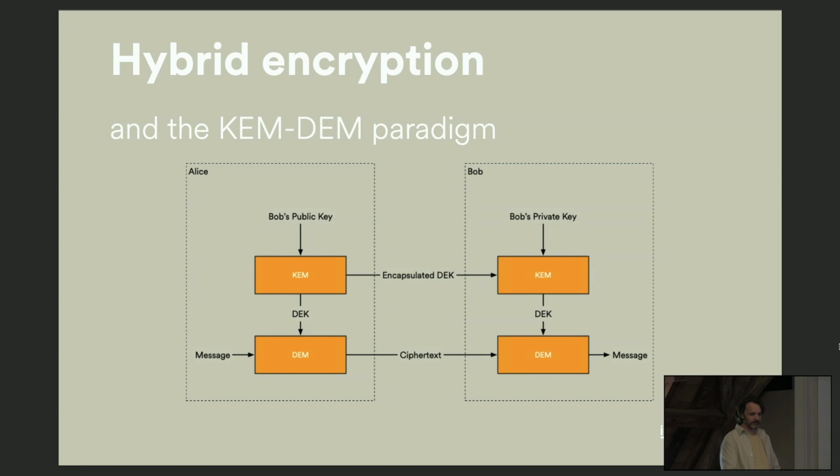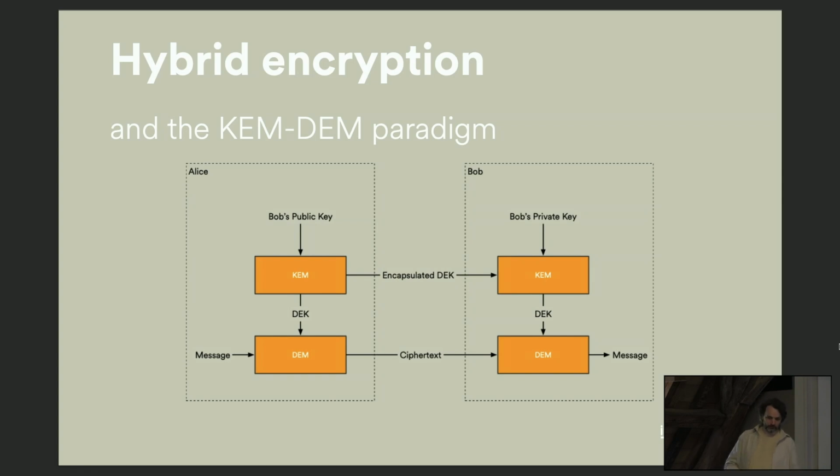What you do in practice is something called hybrid encryption. So if you've got a public key encryption algorithm like RSA, you don't just use RSA to encrypt your whole message, because RSA is at least an order of magnitude slower than symmetric crypto, and there's a limit to how much you can encrypt. So if you've got, say, a 2048-bit RSA key, you can only encrypt up to 2048